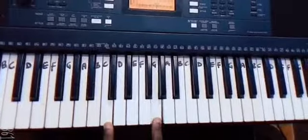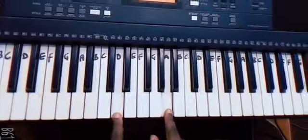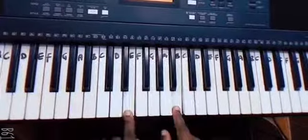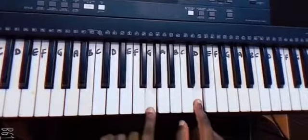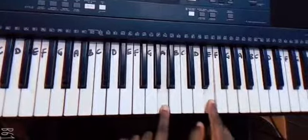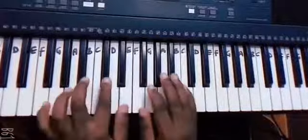So you have the power chord for C, C and G, 1 plus 5, D and A, E and B, F and C, G and D, A and E, B and F sharp. Then for the black keys,